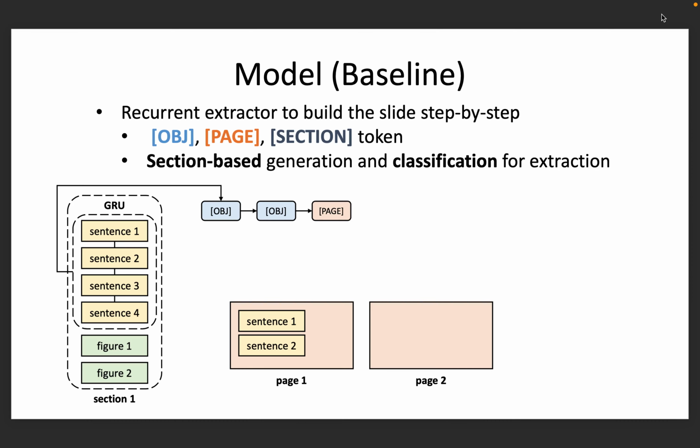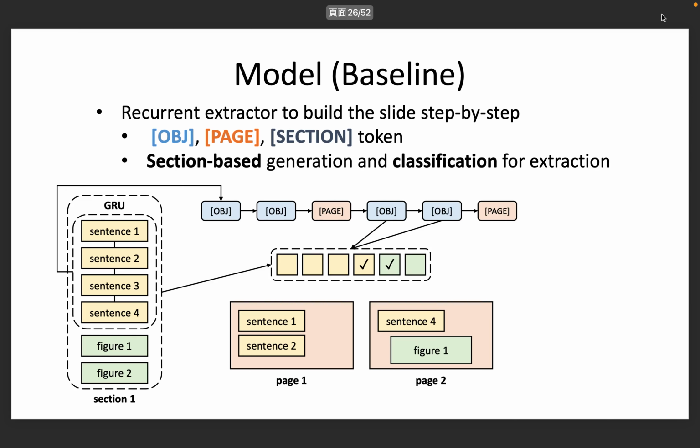We meet the page token this time and have to move to the next page. So you can see page 2 here. In page 2, we also put 2 objects. Note that not only text but also figure can be selected, so that our slide can have both sentence and